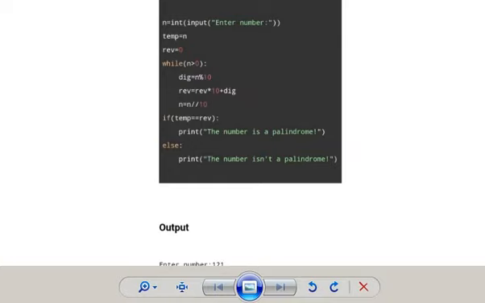Then only you come out of the loop, n greater than 0. Since the original number is becoming 0, you just put it in TEMP. Look at the statement TEMP is equal to n. You put the original number in TEMP and look at the if condition now. The original number is compared with the reversed number, TEMP is equal to REV. So why TEMP here? As your original number is becoming 0 and you need to compare it with the reversed number, keep the original number in another variable and compare with the reversed number.